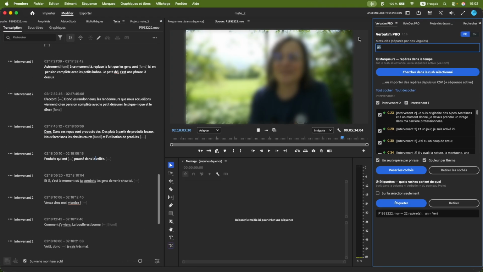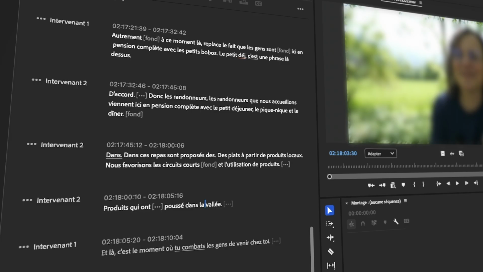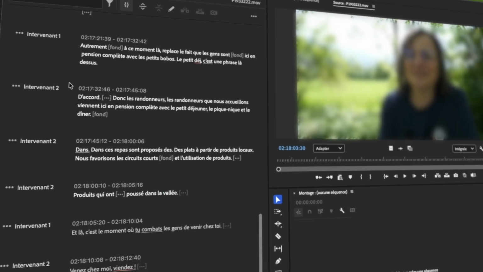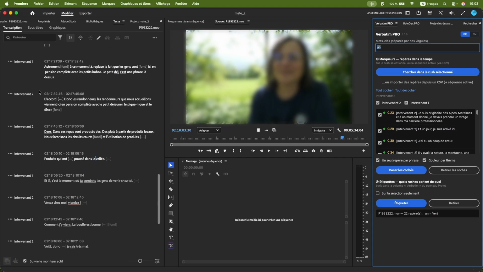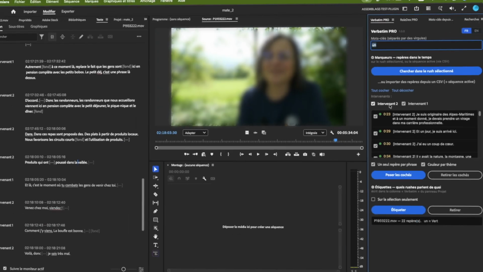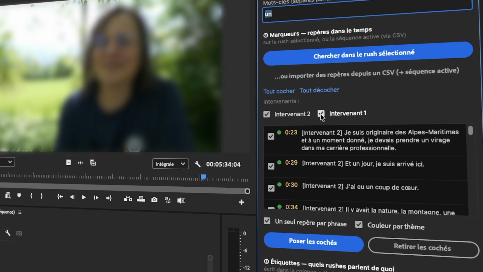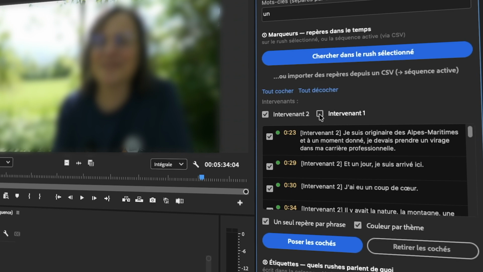Now, in the case of an interview, if you had several speakers, these speakers are simply identified, for example, as speaker 1 and speaker 2. An automatic transcription, which for now does not link these speakers to a specific name, but you will find a dedicated filtering section. For instance, as a quick example, in this interview, I ask questions, but only the answers interest me. So I will be able to identify, for example, speaker 2, who is the speaker who will provide the answers